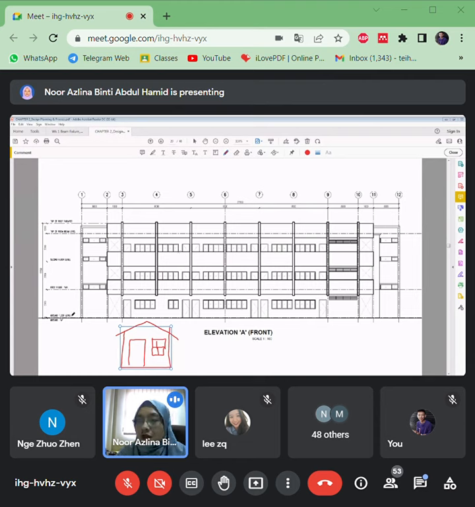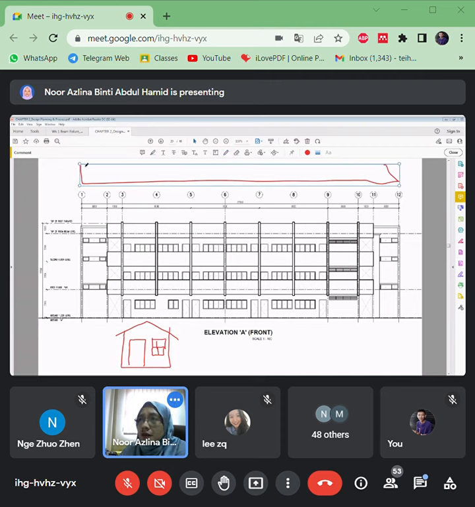In this elevation you will see the whole building from the front view. You will see all the grid lines here, maintained. They are maintained from the layout, so when you compare with the layout, you can see here the staircase, and here the classroom.